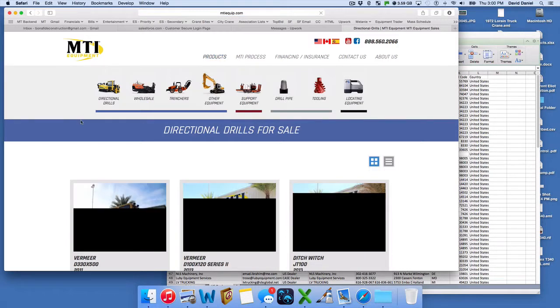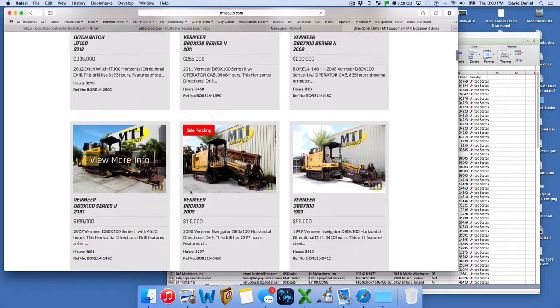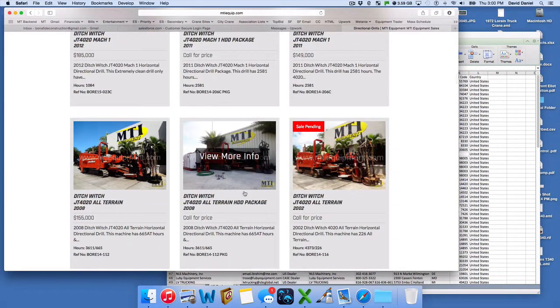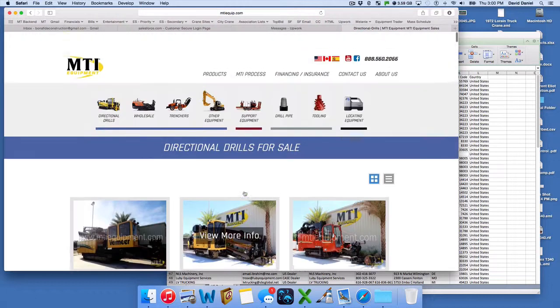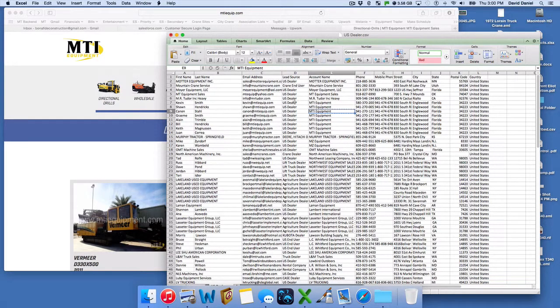Probably, I saw Ditch Witch as a brand that they represent. And there's a few different kinds here, but we don't have Vermeer as a U.S. or as an authorized source like Deere or Hitachi or whatever. We have Ditch Witch though. That's in the Google Docs. So now the other thing, this is directional drills, so it could possibly put them in as a drill dealer. Sorry, my text message is going crazy here. So again, this could be debated sometimes, but I would probably go in and put them as a Ditch Witch